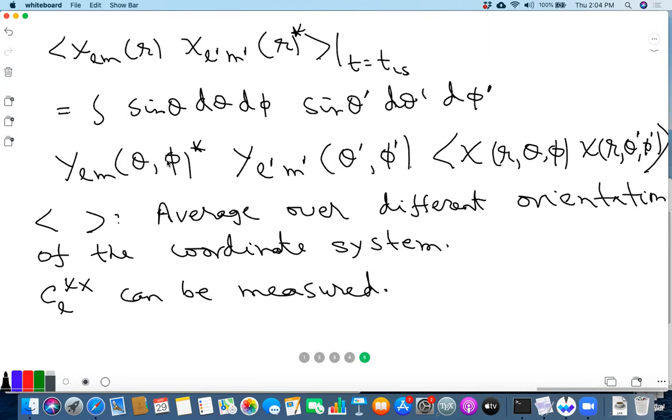Physically, that's the average. But the way I stated it is that you fix your theta phi and theta prime phi prime, and then average over all orientations of the axis. If you take a different orientation, then a given point in the sky on the last scattering surface will have different values of theta phi and theta prime phi prime. Conversely, if you fix your theta phi and theta prime phi prime and change the orientation of the coordinate axis, that corresponds to a different pair of points in the sky, but separated by the same arc length. And that's what you average over, different orientations of your coordinate system.